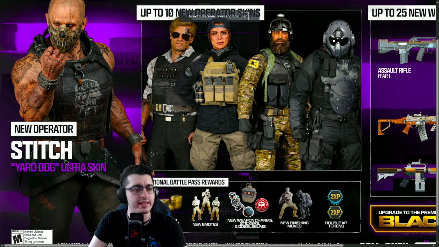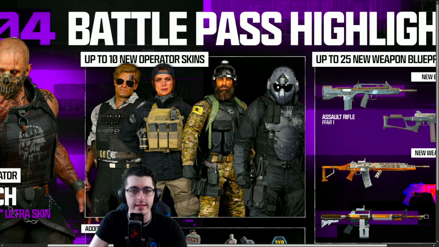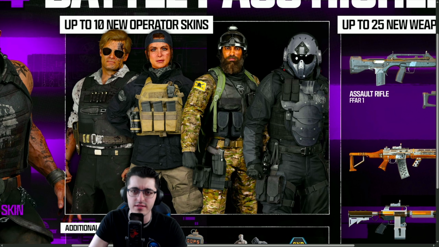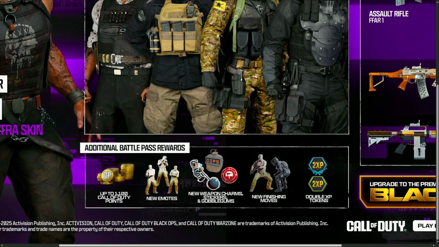Just so you guys can see, we got the Yard Dog Ultra skin for Stitch. Not sure why it's considered an Ultra skin, but that is going to be your completion Tier 100 outfit, as you will see there. But then 10 new operator skins. Take a look at Adler, and we got some other folks there with some pretty cool outfits. We got a little bit of a mask and a helmet going there,